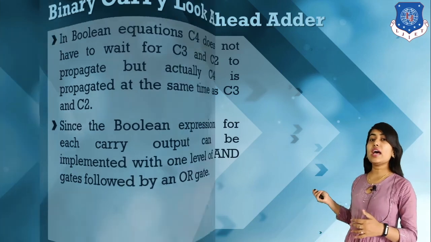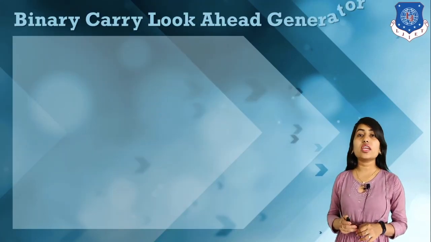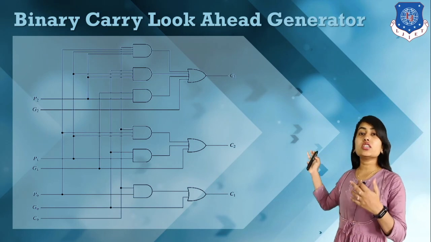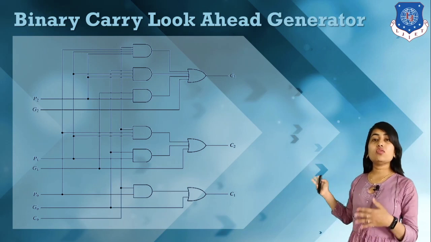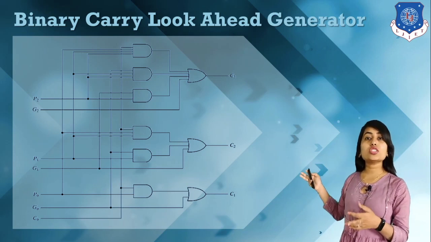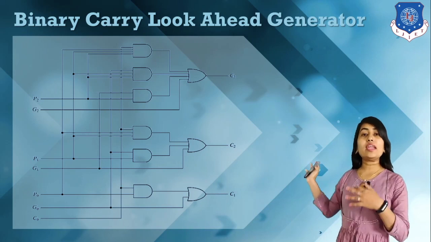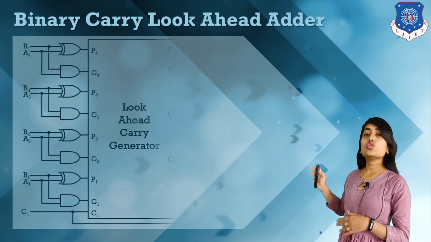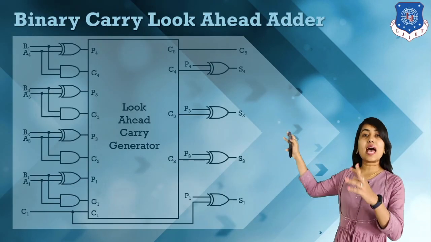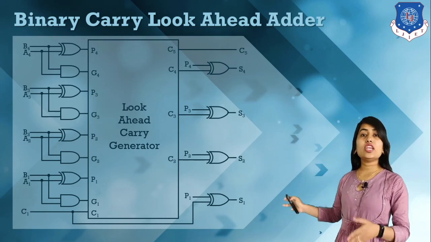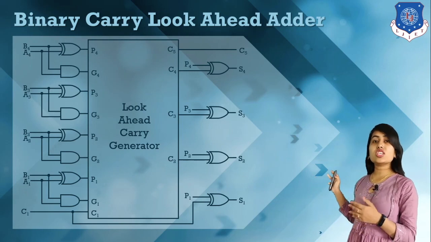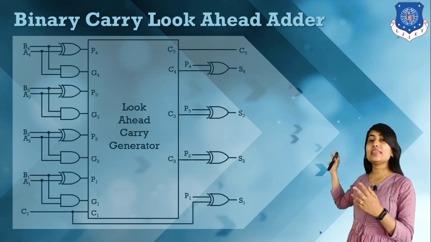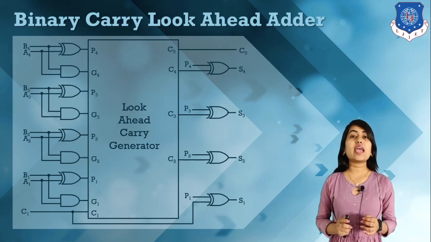So here we have our carry look ahead generator circuit. This can be built with these AND and XOR gates using this concept. This is basically a generator circuit which is derived from the equations of the previous carries. Using this concept we can design this carry look ahead adder. Here we have these carry generator circuits, and this is the XOR circuit to calculate the values of Pi and Gi. By this we can calculate our sum bits and our output carry. So this is the carry look ahead adder.